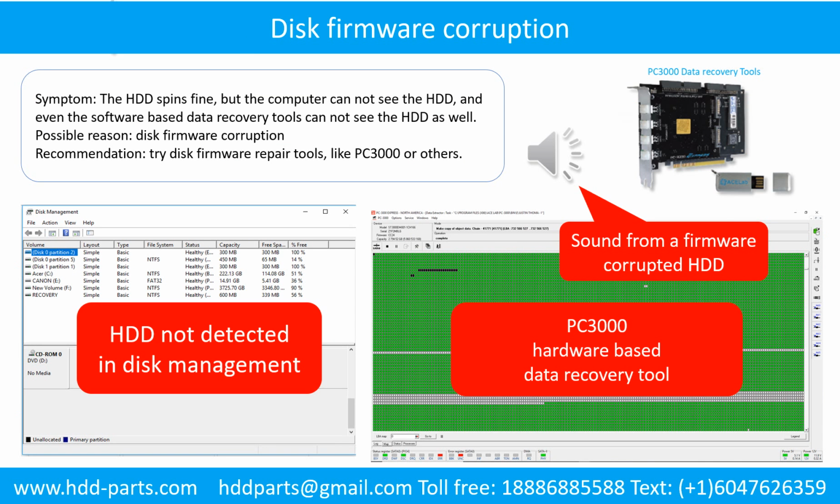Disk firmware corruption. Symptom: the hard drive spins fine, but the computer cannot see the hard drive, and even software-based data recovery tools cannot see the hard drive. Possible reason: disk firmware corruption. Recommendation: try disk firmware repair tools like PC3000 or others. The following is the sound